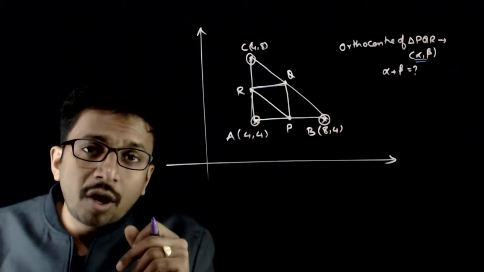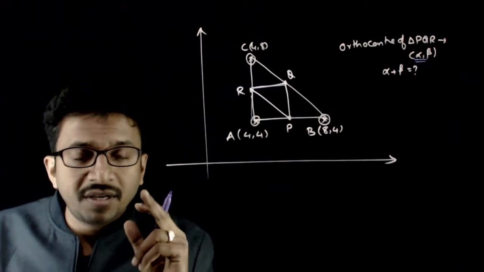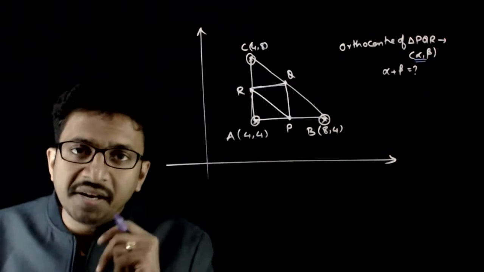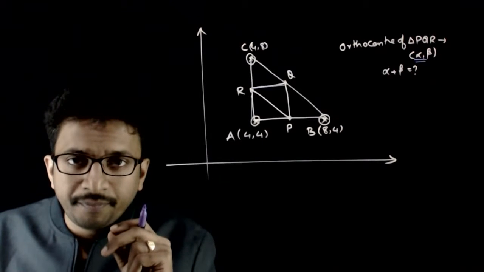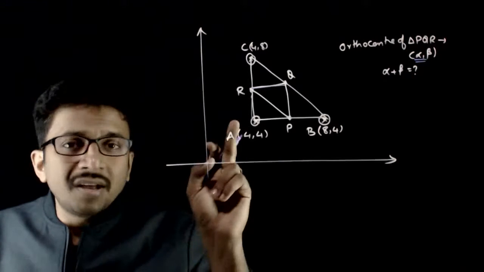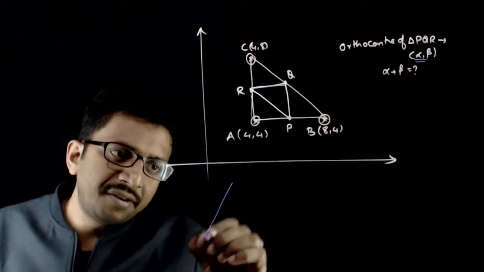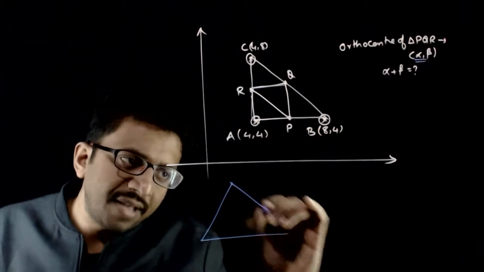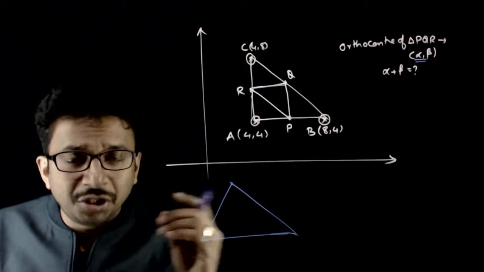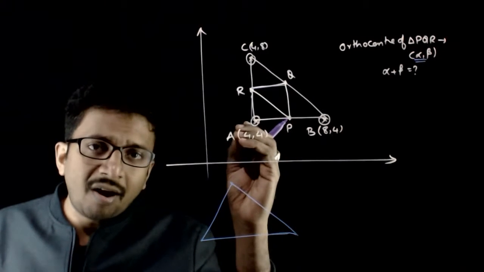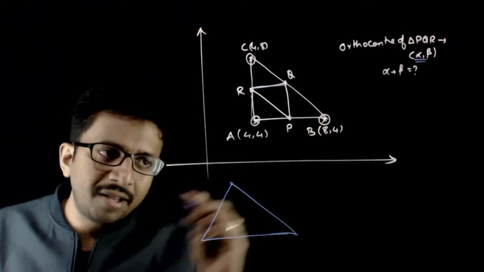So what is the concept underlying this question? The first thing that you need to observe is that the given triangle is a right angle triangle. The next property that we are going to use is that if you have any triangle, it need not necessarily be a right angle triangle. If you take any triangle ABC,